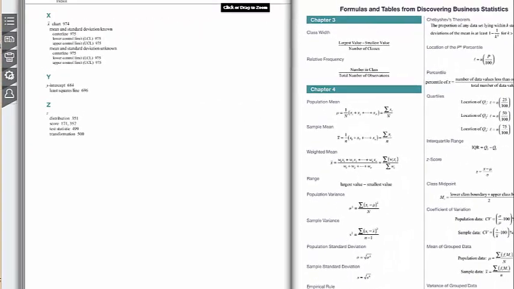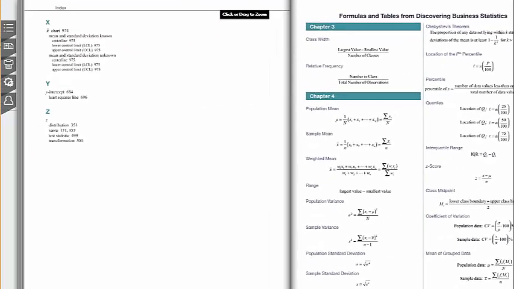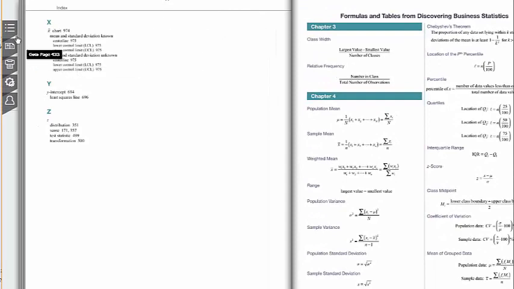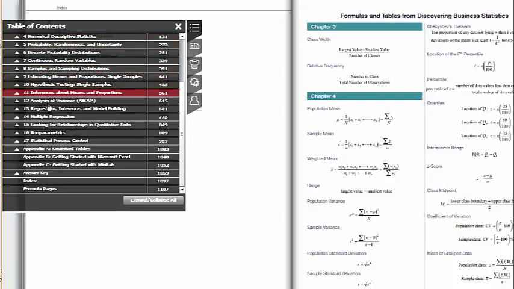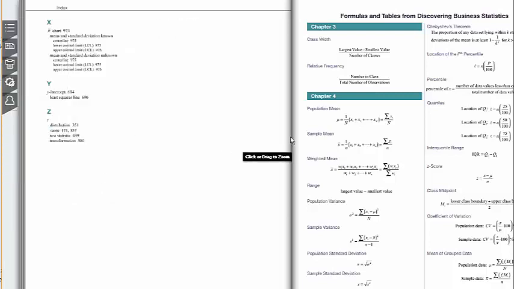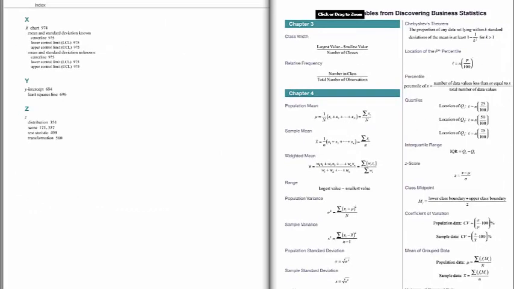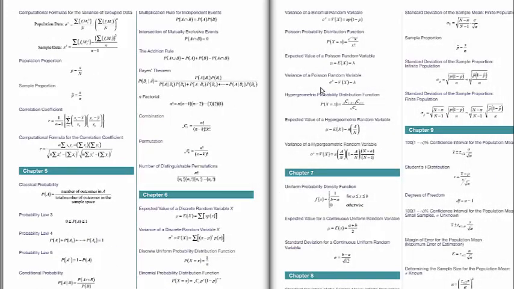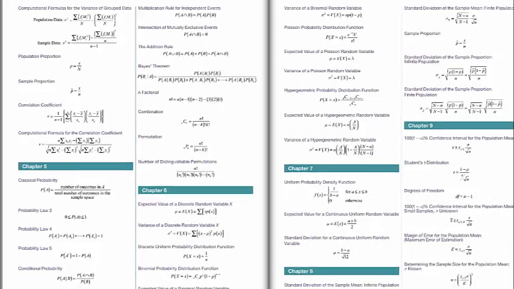And if you go to your book, if you haven't already done this, in the table of contents of your book, at the very back, you have these formula pages, okay? And that brings you to this right here, formula pages. So in this case, we're dealing with chapters 5 and 6,